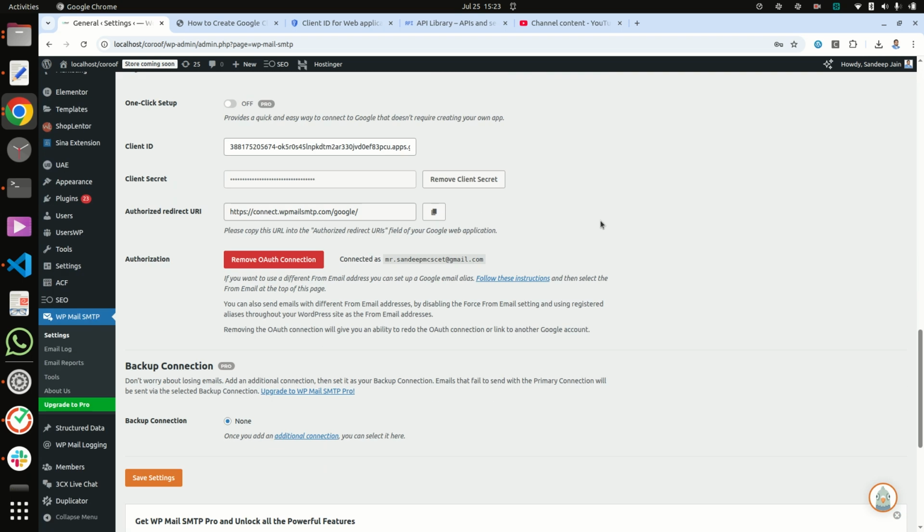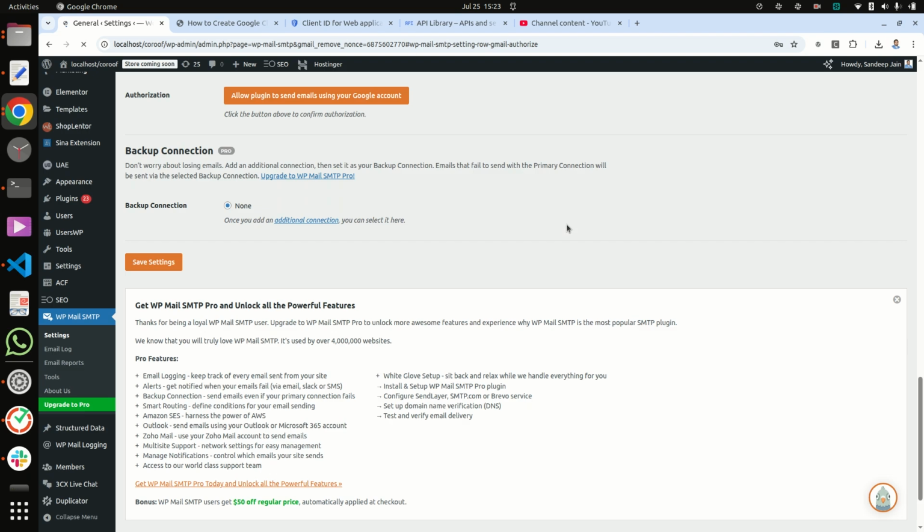Okay, now first I am removing the auth connection so that it will ask again, because I already checked with my auth connection.